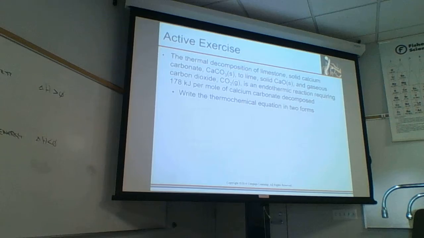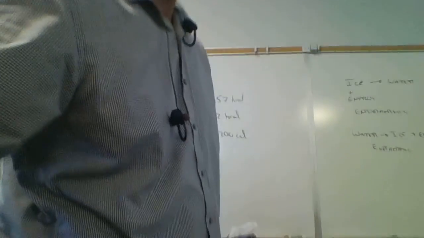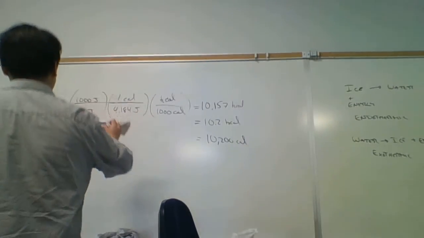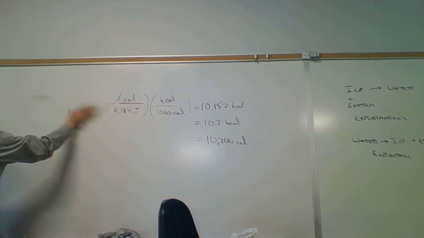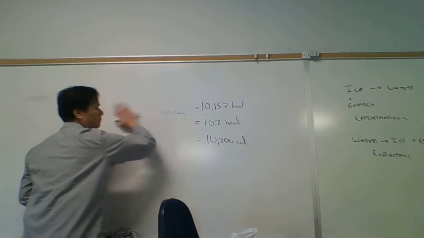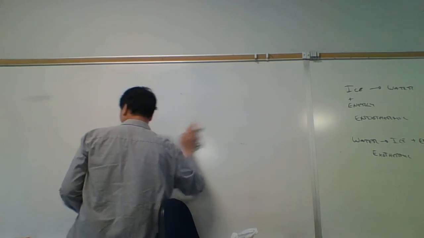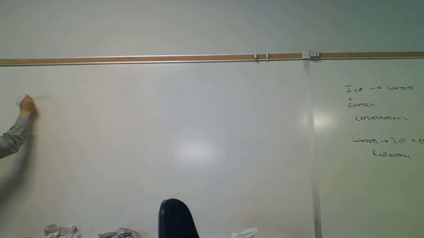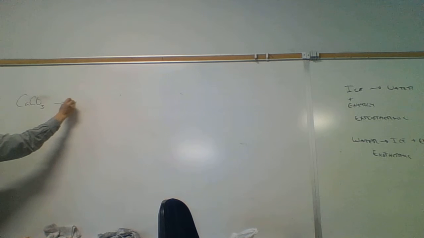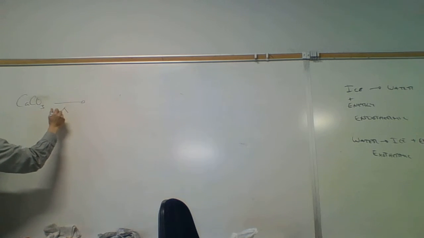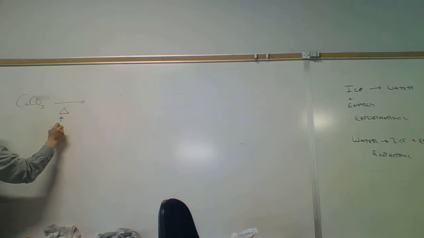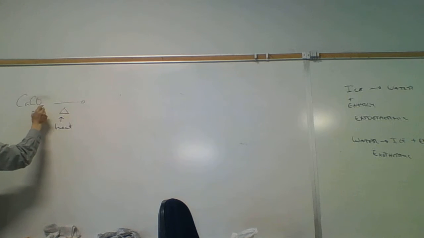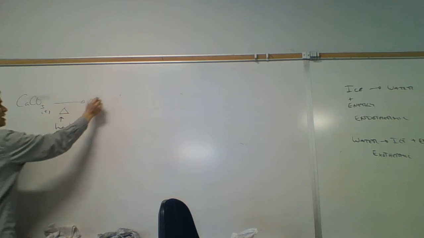So they kind of tell us what this is here, thermal decomposition. We got calcium carbonate. If we heat this up, this is the symbol for heat, this triangle. It goes to calcium oxide